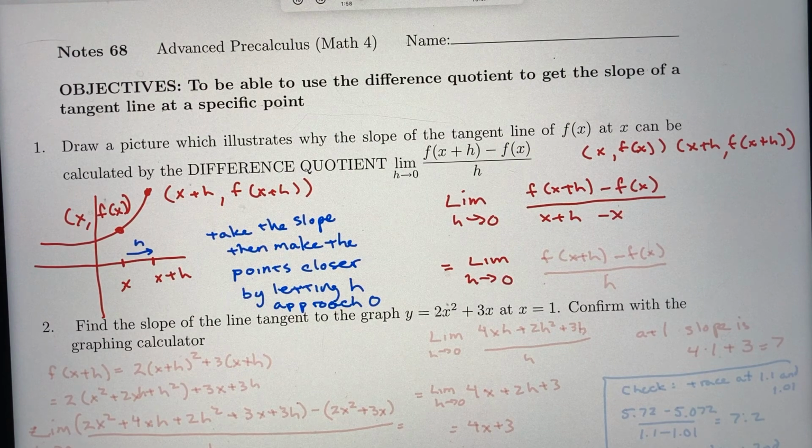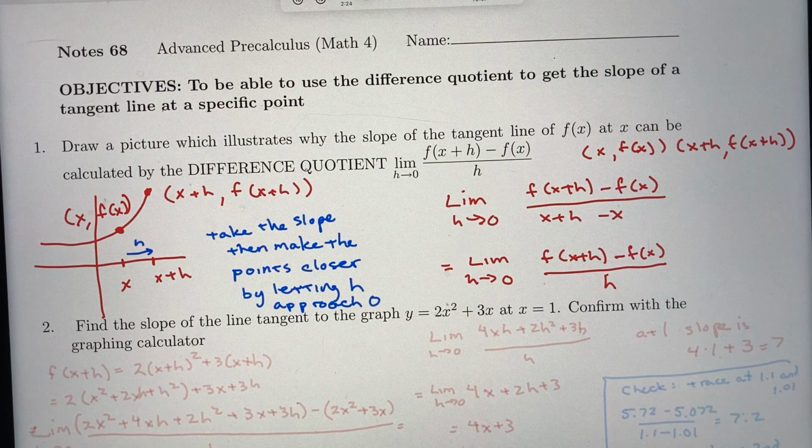As we've seen from a few examples, if you have h inside, it gets all jumbled up into the function itself. You have the FOIL, you have the square root, whatever. And we have our difference quotient. Lovely. Okay, so the slope of the line,